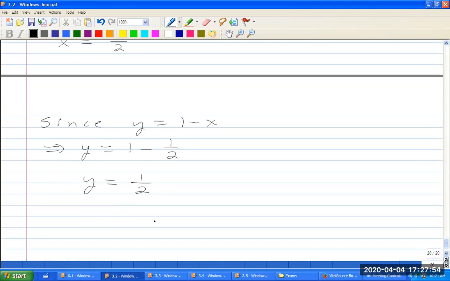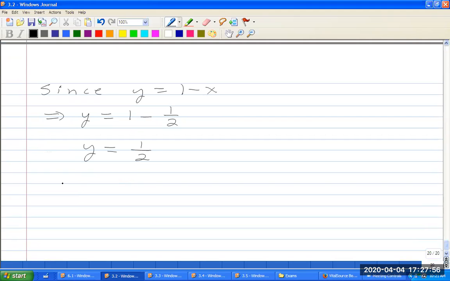Therefore, the coordinates of my maximum are at 1/2, 1/2. And that is your answer. Okay, so that finishes off